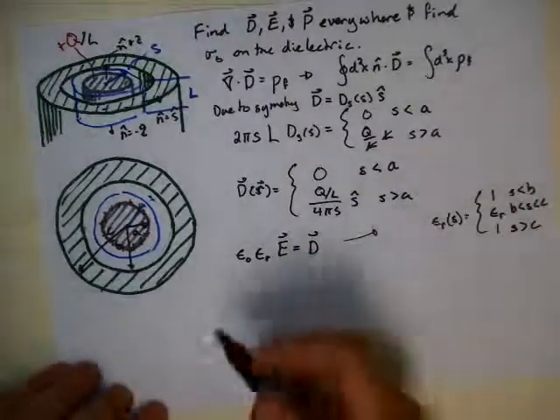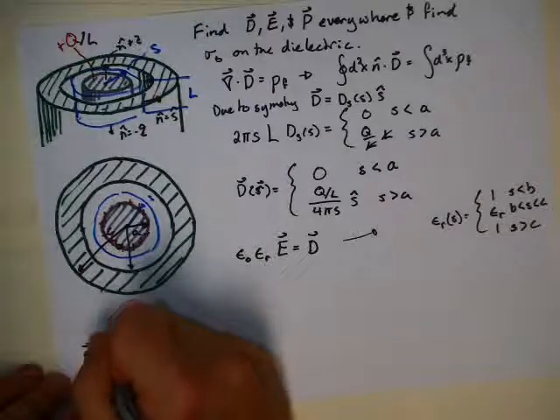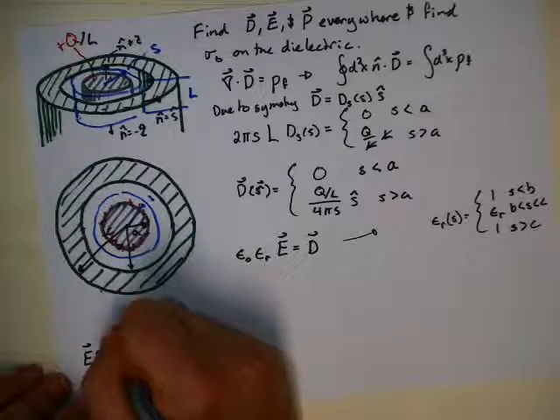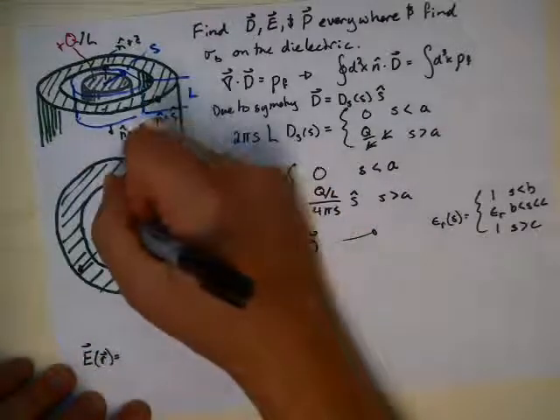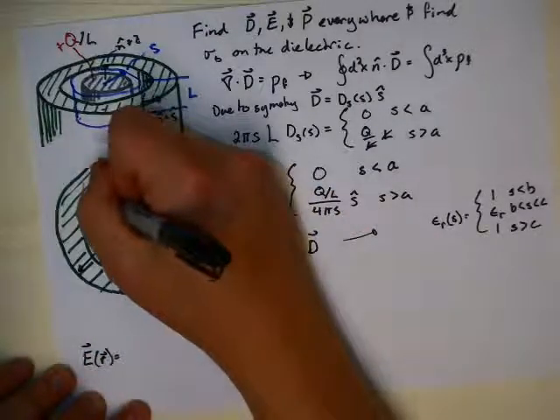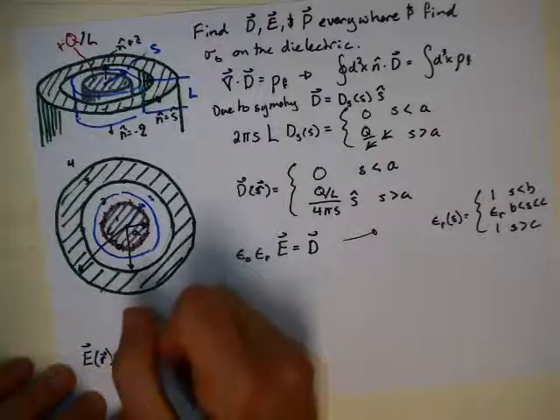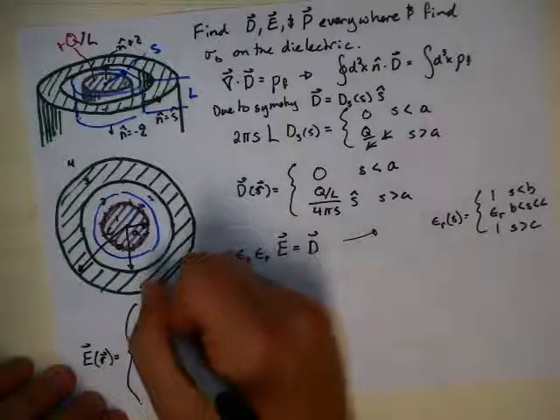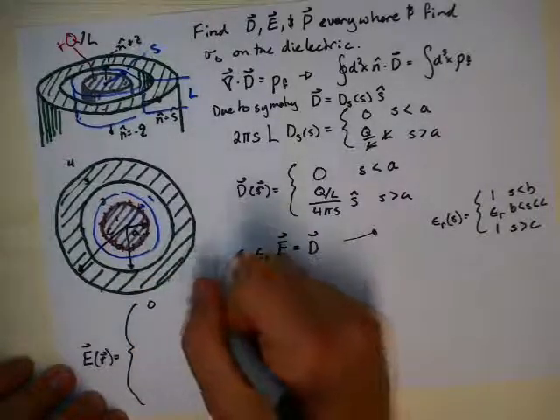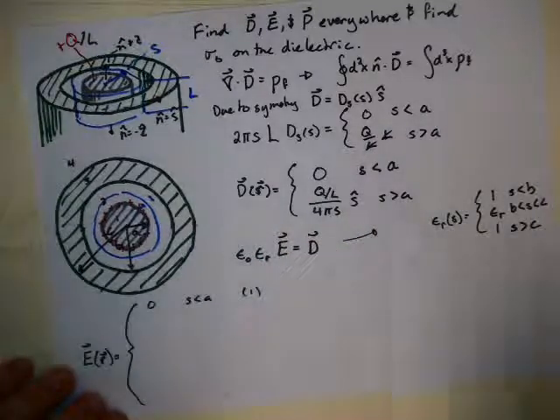Simply taking this and plugging it into this formula will tell us what E is everywhere. So E everywhere is going to be, now we have 4 different regions, right? We're going to have region 1, region 2, region 3, and region 4. And so I need a big brace here. We're going to get 0 for S less than A, which is region 1. And then we're going to get